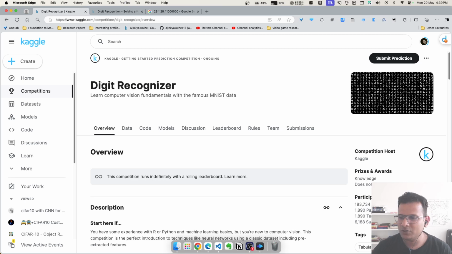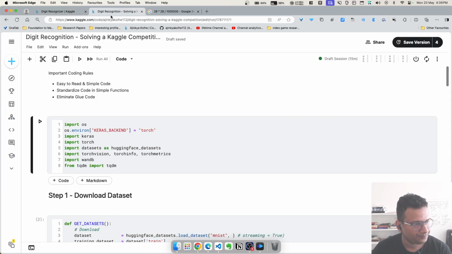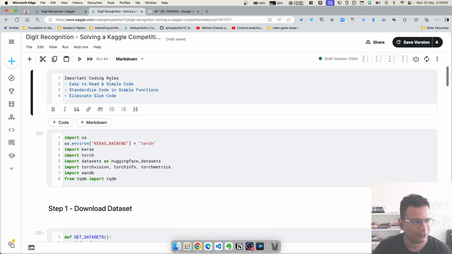Okay, so let's go into the code. For code, there are a few important rules. These are my personal philosophy rules. So I hope if you follow them, it will definitely help you in coding. First, write easy to read code. Most people do not write code in an easy to read way, and everybody has that bad habit. Please kick it off. If you can write code which is easy to read, you will have a lot